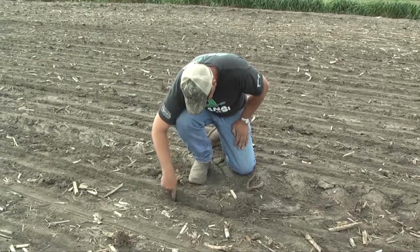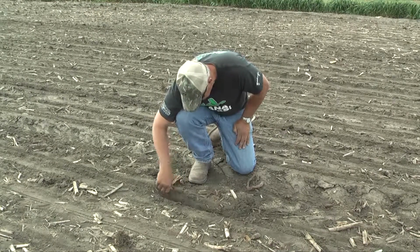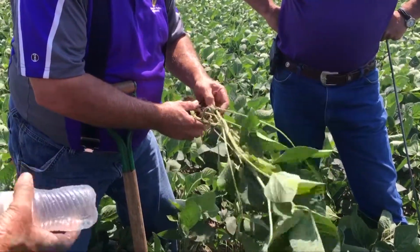But the innovations that we've seen in the last 25 years have really gone from the value of no-till to the value of a system. And the system includes multiple crops in a rotation, using as much cover on the surface of the soil as possible, keeping a growing root in the ground for as long as possible, and then integrating livestock